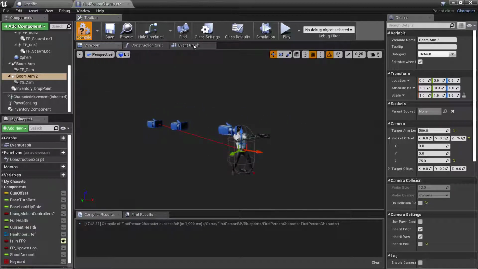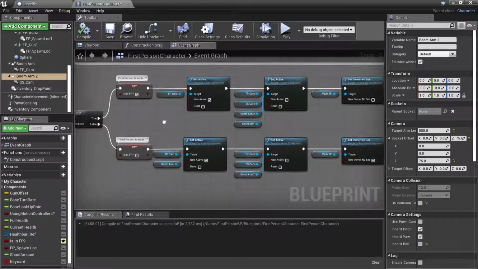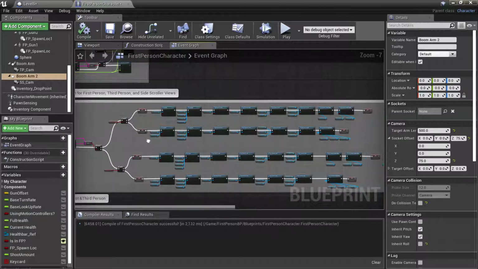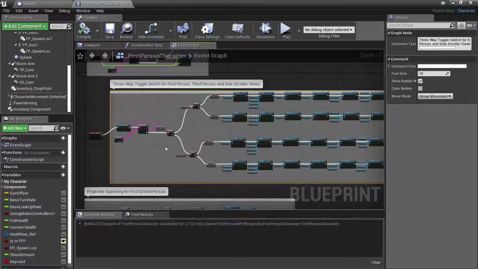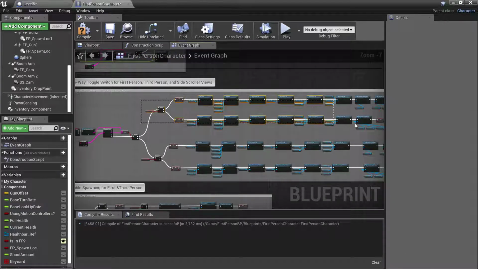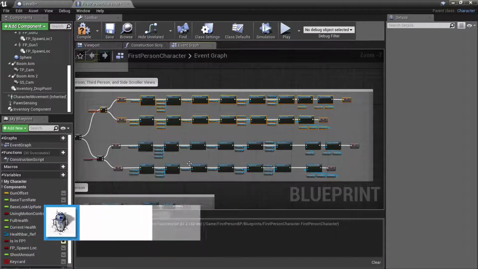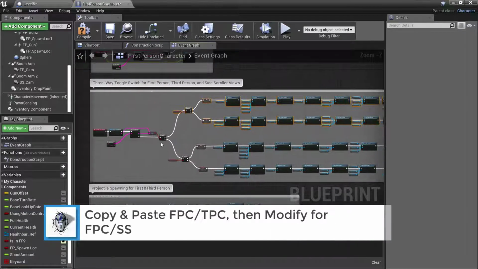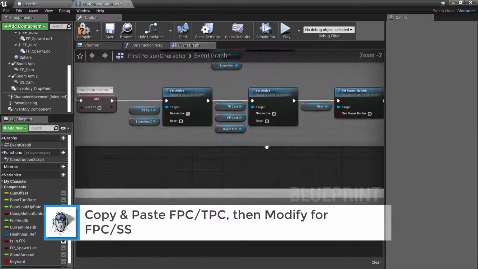Let me go back to events, and let me finish this up. So basically what we're going to do here is the same thing. So what I did was I copied, oops, let's undo that. Okay, so what I did was I basically copied the top half up here, duplicated it, brought it down to the bottom, added it to the false, and from there what I had to do was actually make a couple